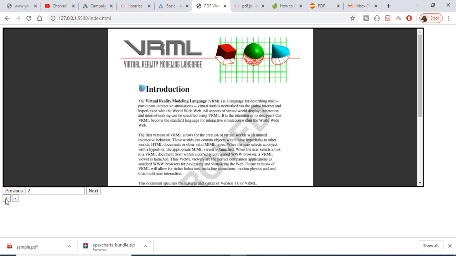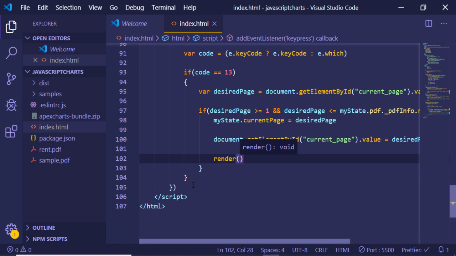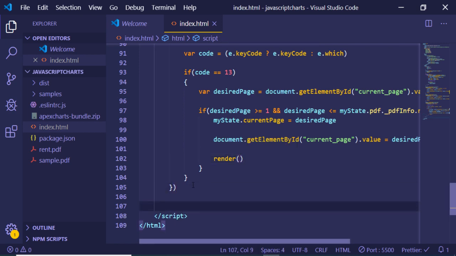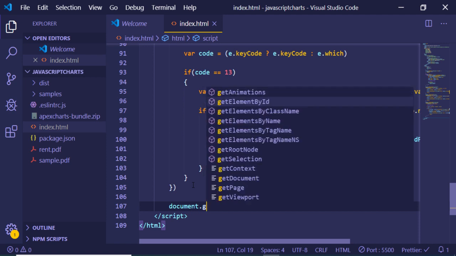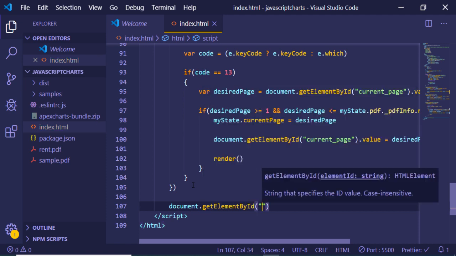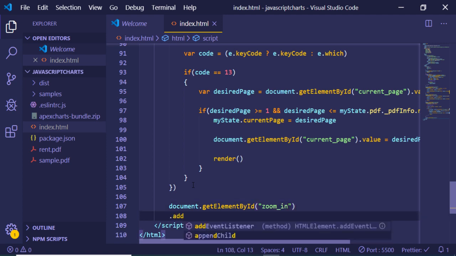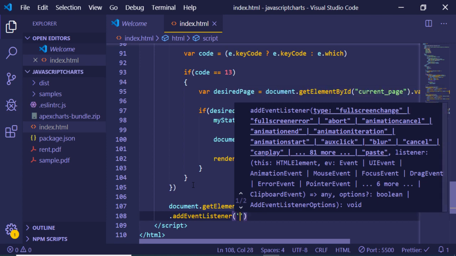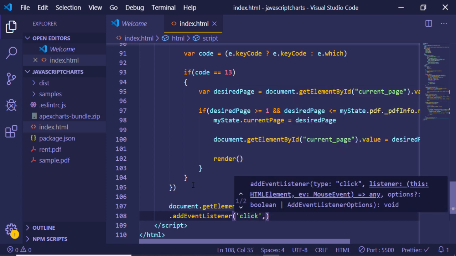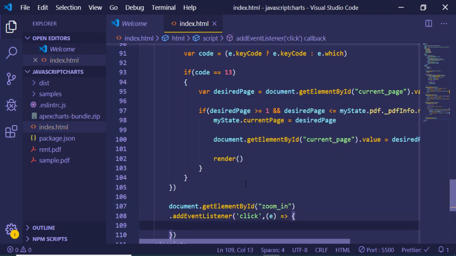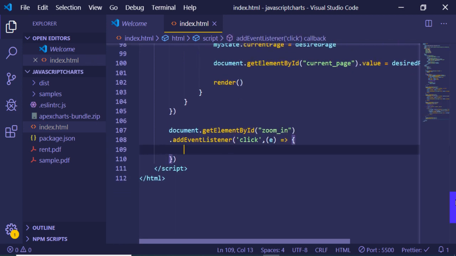If I want to zoom in my PDF file, I want to bind click listeners to these two respective buttons. So I will write simple code: document.getElementById, and inside this, first of all, I will target the zoom in id that we have given. We will call addEventListener. When we click it, this function will execute. It will be holding the event object. This is the arrow function. And now inside this we just need to